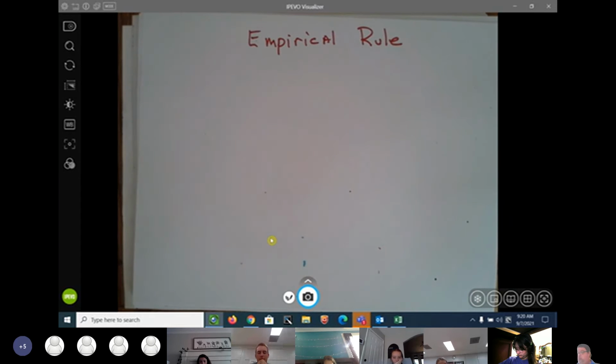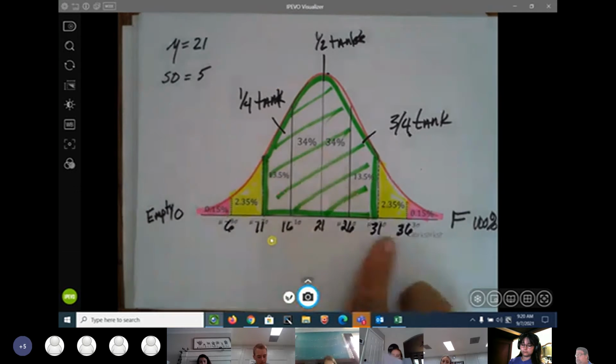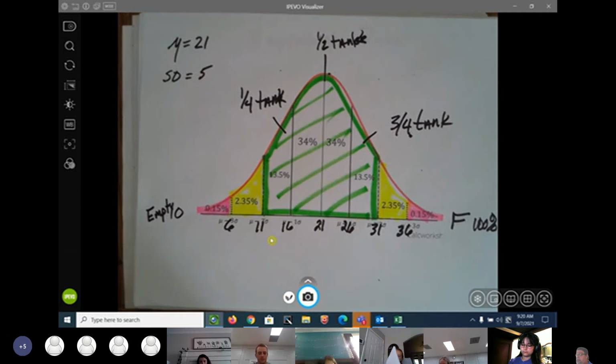Here's one. That right there is the empirical rule. So go ahead and draw it. That's the percentages. Now, I will send you, of course, like I said, only like 2 or 3 of y'all is going to print it out, but I'll send it to you. Let me send it in the chat, because I've still got it on my computer.